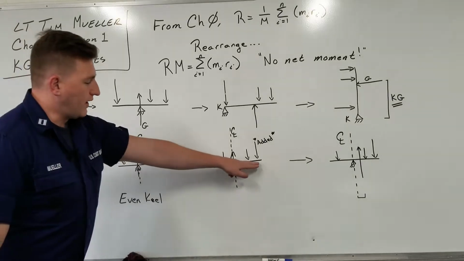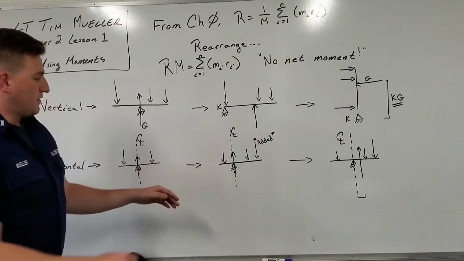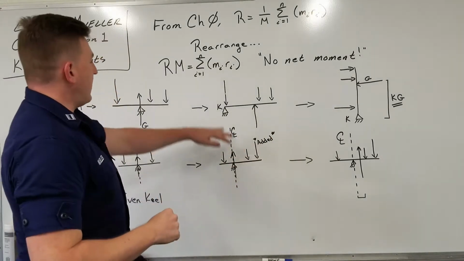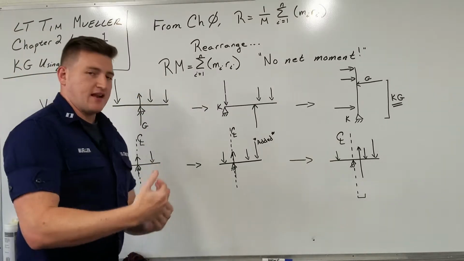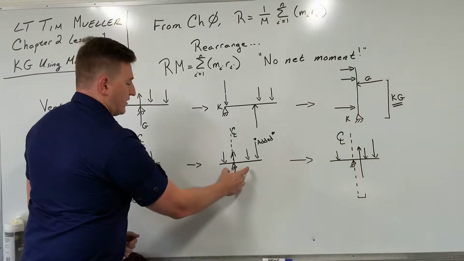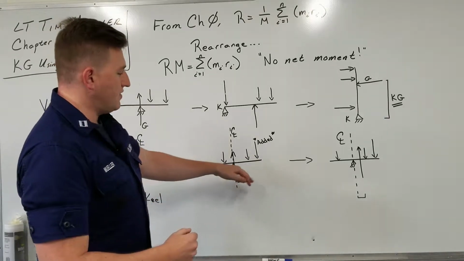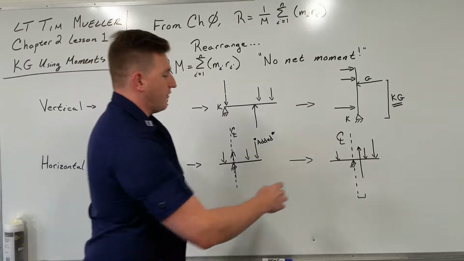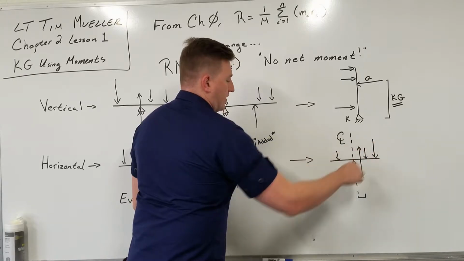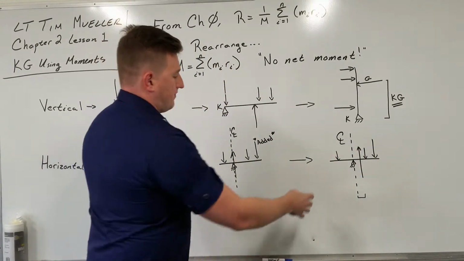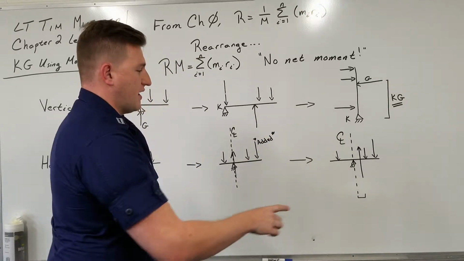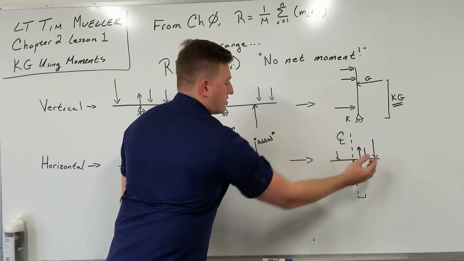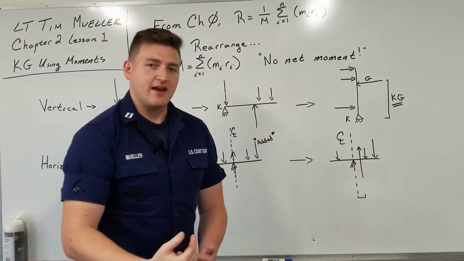Next, we're going to add some weight to this starboard side. So right now, the center of gravity hasn't reacted to it, but we've added that weight. Now we know that the total system has to now impart some of the moment, because now we have an additional moment over here. In order to do so, that center of gravity has to shift over from our reference point. Now we have this moment here and this moment here imparting a clockwise moment, and this moment here imparting a counterclockwise moment. However, this just by itself isn't enough to cancel out the effects of all of these. So we have to have another moment, and the only way we can get that moment is by shifting the